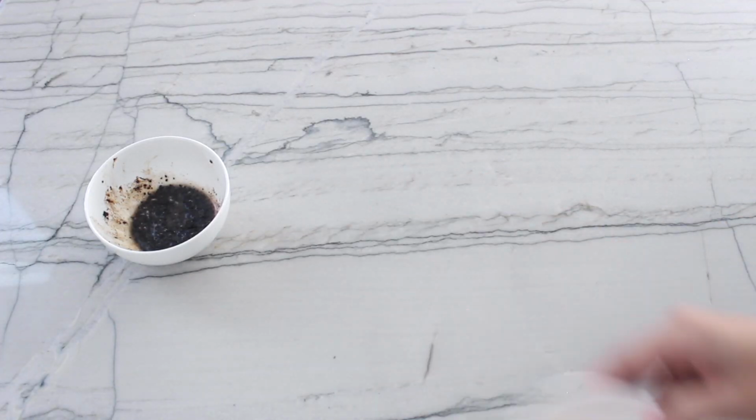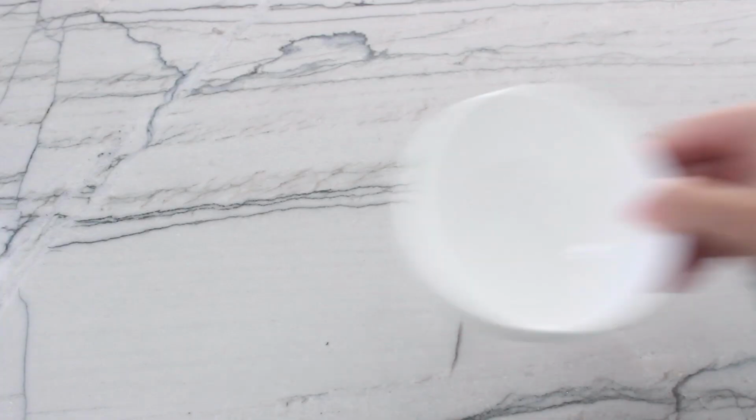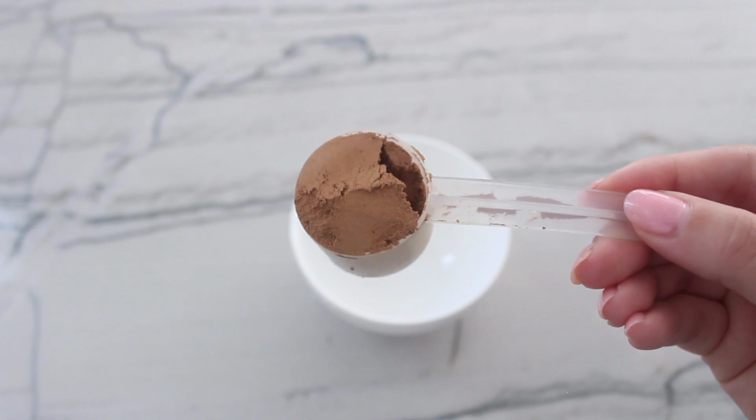All you're going to need for this is just some organic raw cacao powder, and then you're going to need water. All you're going to need is a small bowl, and then I just put equal parts of raw cacao powder,